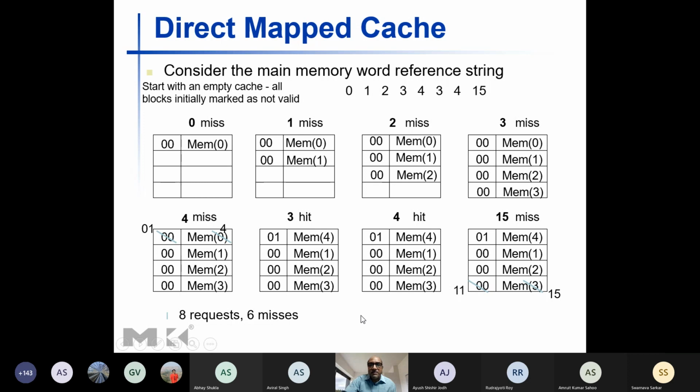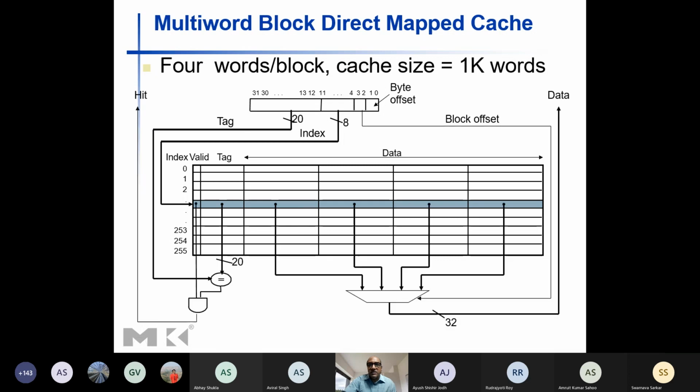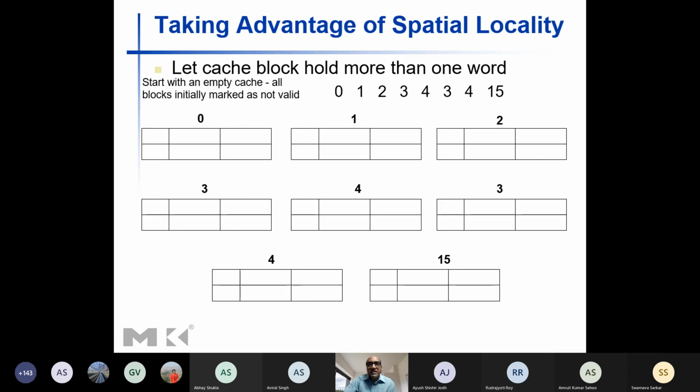Now we'll see the same thing with a different block size. Suppose the block consists of 2 words. Earlier, the example was that a block consists of a single word. So for these particular 8 references by the CPU, it generates about 6 misses and 2 hits. Whereas if the block size is increased to 2 words,